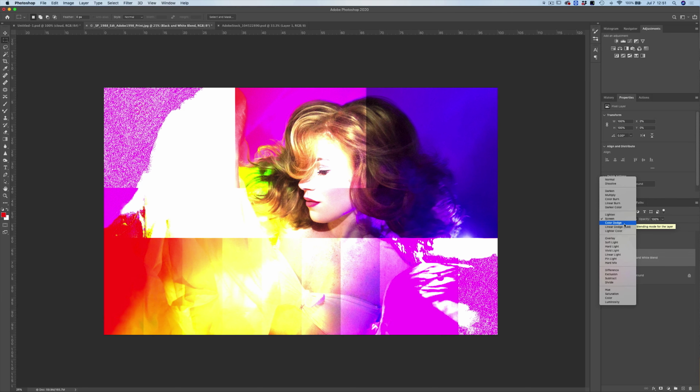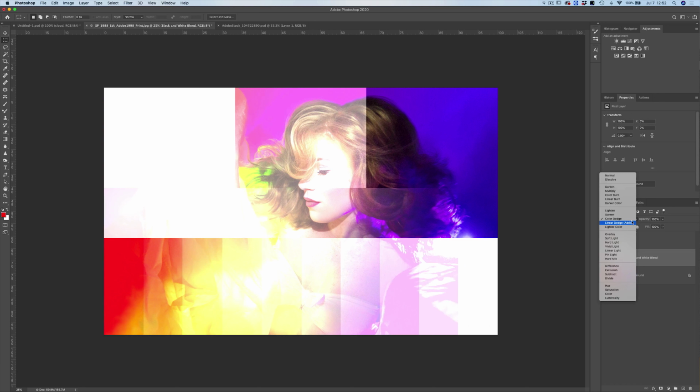Our next blend mode in this section is going to be color dodge. What that's going to do is decrease the contrast between the two layers by brightening the underlying layer. So basically, it's calculating the math of the underlying color and the color on the black and white blend layer, and it's decreasing the amount of difference in brightness between these two layers. I know that this stuff is complicated, guys, but it's important to know how each of these work so that you can use them in your workflow in the future.